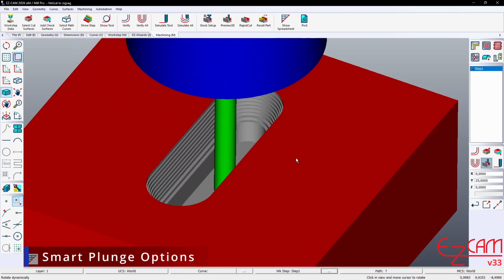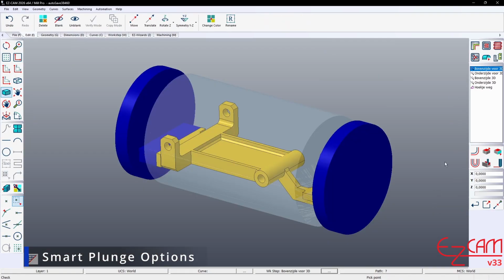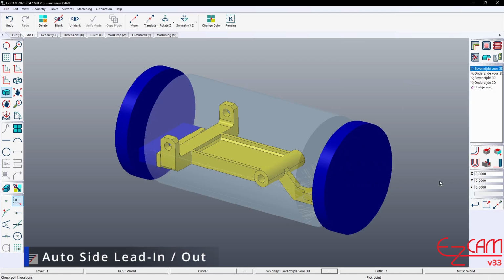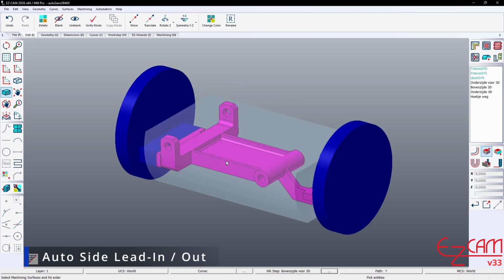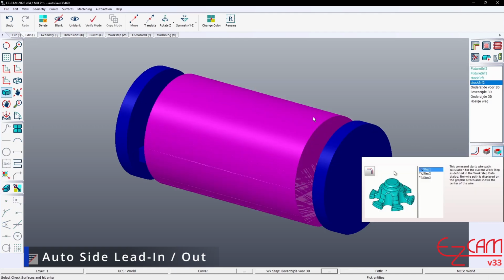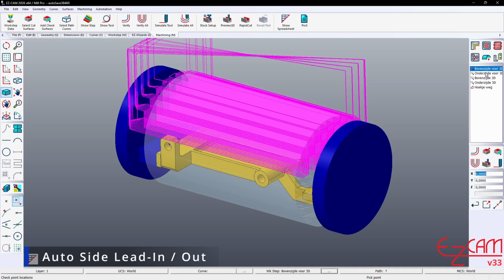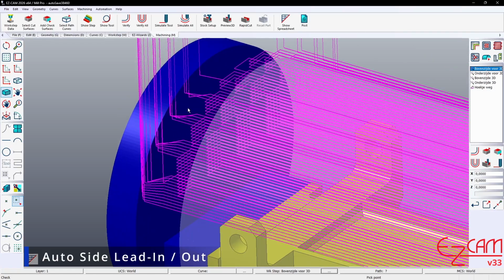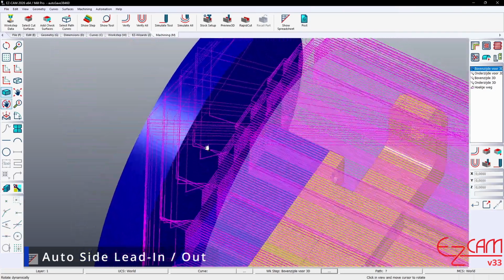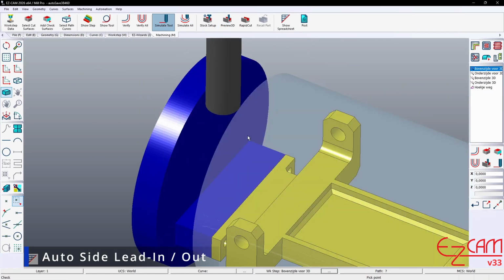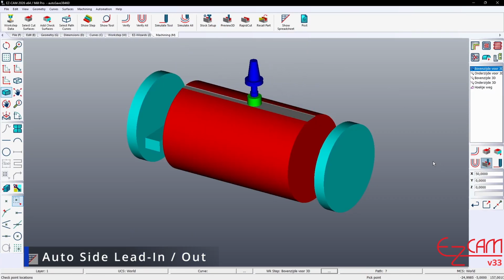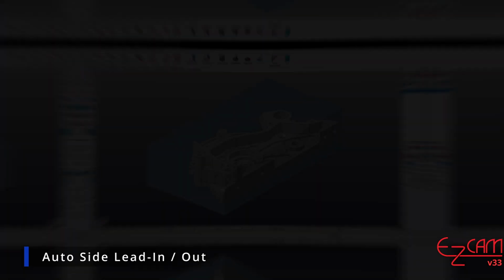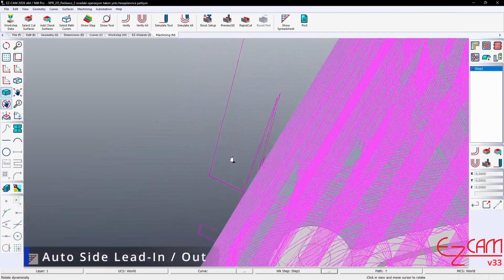Automatic lead-in and lead-out distance from the stock boundary has also been streamlined in this version. Very important improvements have been made in entry and exit strategies that make the user's life easier. Toolpaths now start at an ideal offset relative to the stock edge. Instead of plunging directly into the part, the tool first positions safely, then begins cutting. These lead-in and lead-out points are calculated by the system. By analyzing the stock position and the tool direction, the software automatically determines the most suitable entry and exit points. The user no longer needs to worry about where to enter and where to exit. These calculations both reduce collision risk and enable cleaner surfaces.